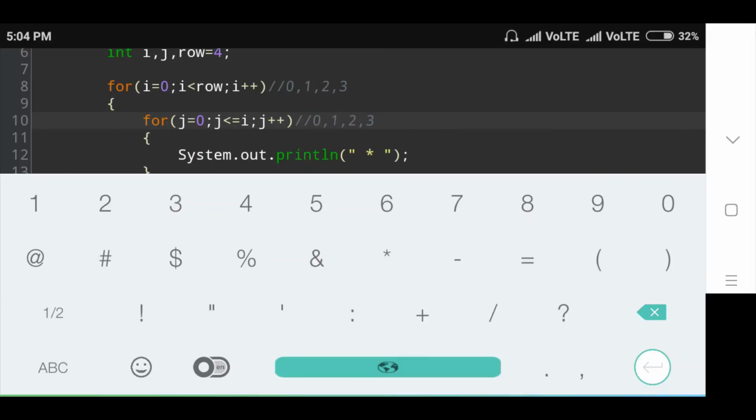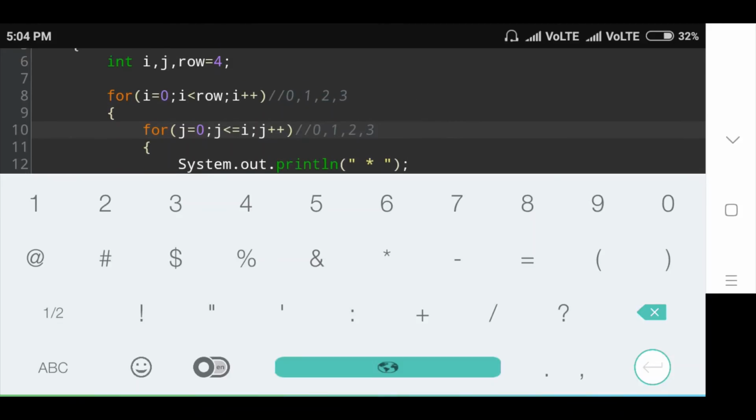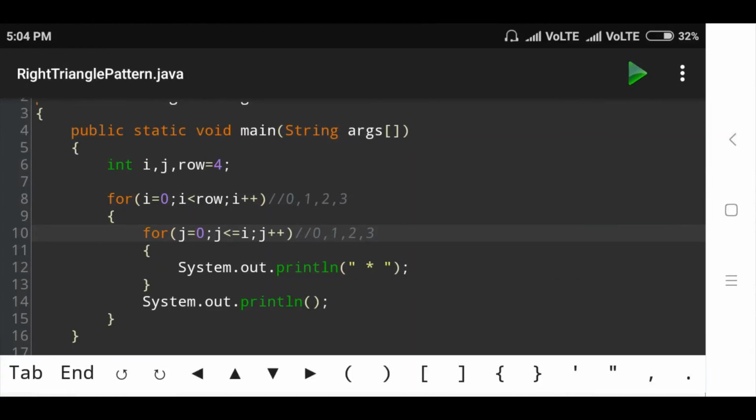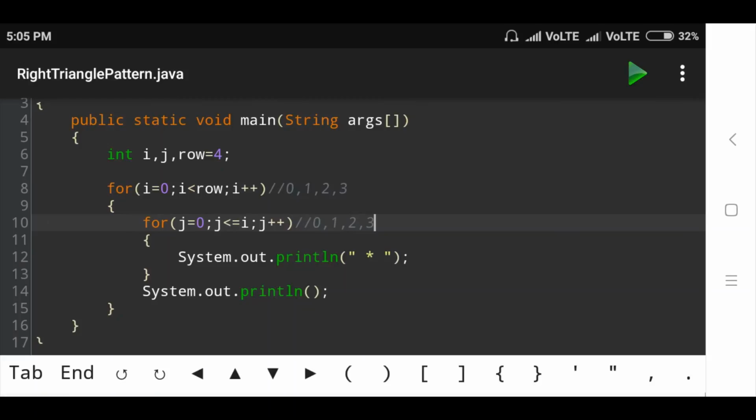Then check j value 3 is less than or equal to i value 3. So here the condition is true. Then the first print statement prints 4 stars in the fourth row and the second println statement prints the spaces and throws the cursor to the next line.